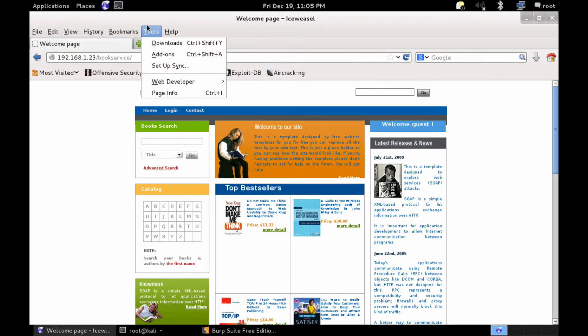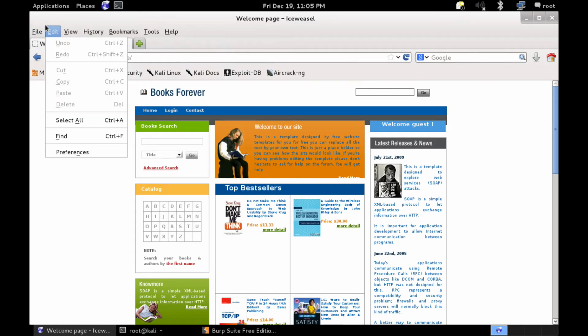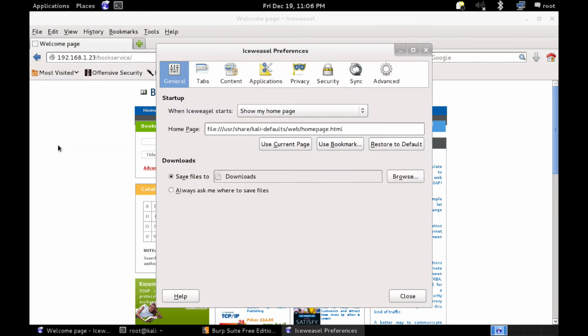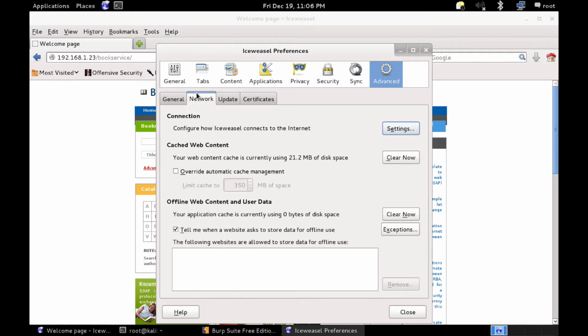In my browser, it's just going to be platform specific. Like on my Mac, it wants me to do it in system settings, things like that. If we go to preferences, so Edit, Preferences, it should be under Advanced and Network. This Iceweasel is like an offshoot of Firefox, so it's similar to how Firefox is set up. Go to connection settings,